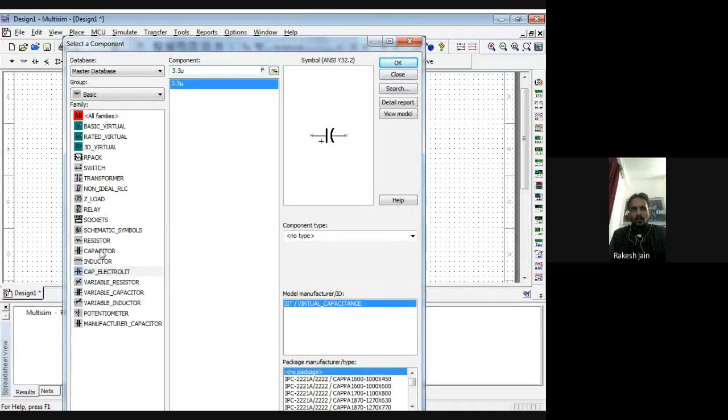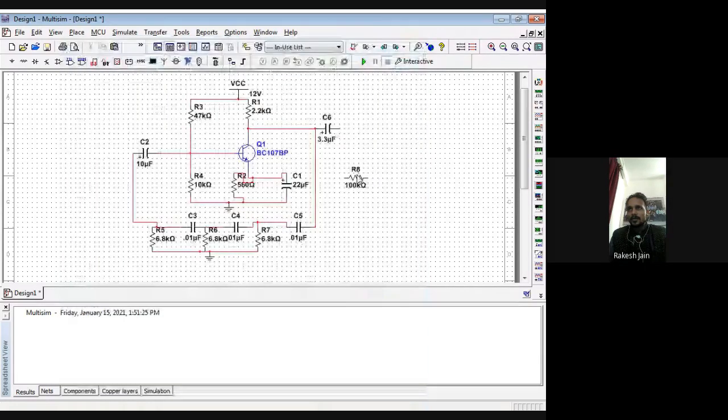Along with it, click on the resistor of 100 k. Rotate this one: right click and then rotate 90 degrees clockwise.